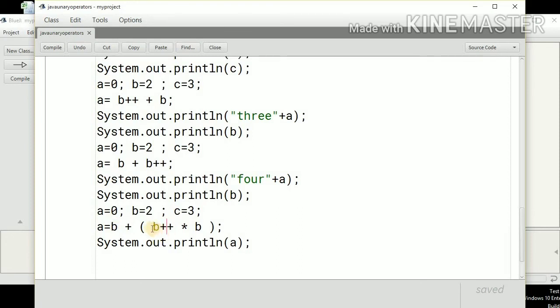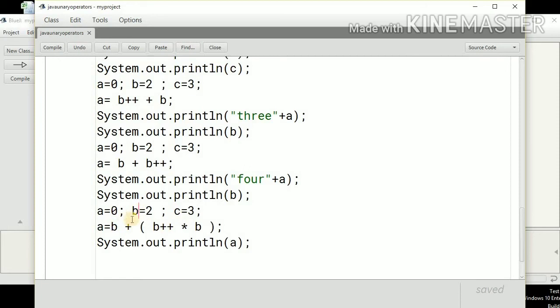Now the B is incremented. Once the B is incremented, we will use the new value. So here it will be used as the new value of B, that is 3. So this will be 3, this will be 2. 2 into 3 is 6. And then we will use the old value, 6 plus 2, that is 8. So the expression is evaluated from left to right. So this is how we used to do it, and BODMAS will be applied in this.